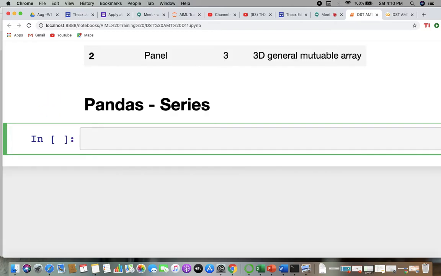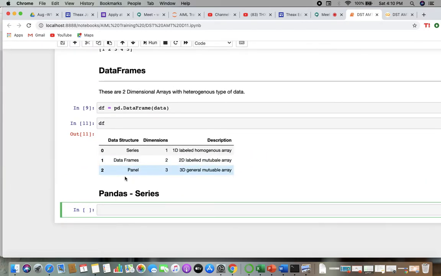So a series can have any particular type of data. Let's say it can have any integer, any string, float, Python objects, anything there. So in Pandas, when you try to make a series, you will have to follow a particular syntax. That syntax is called as